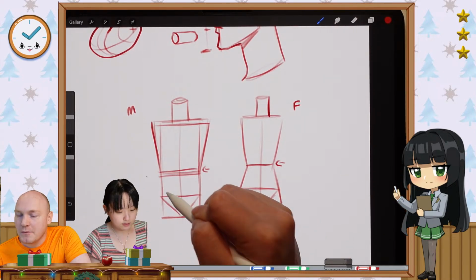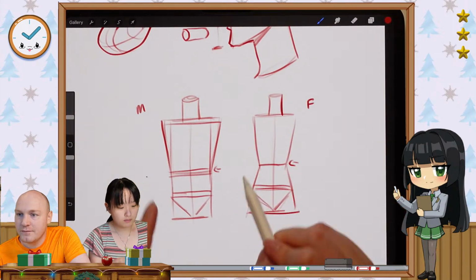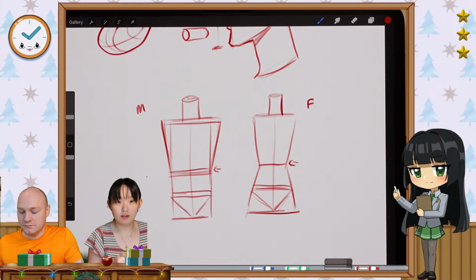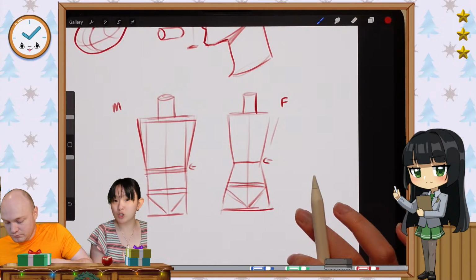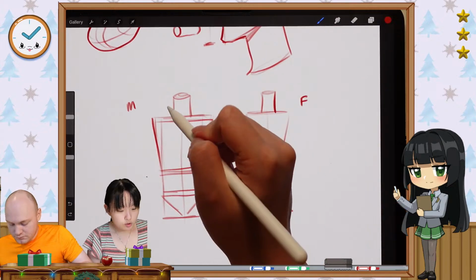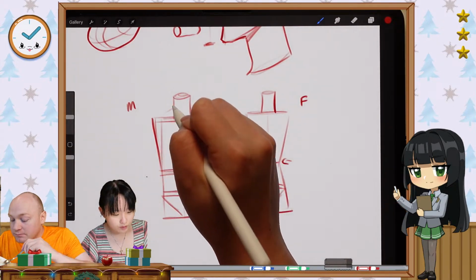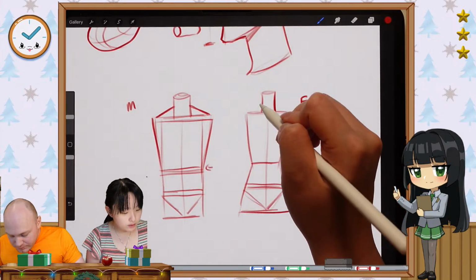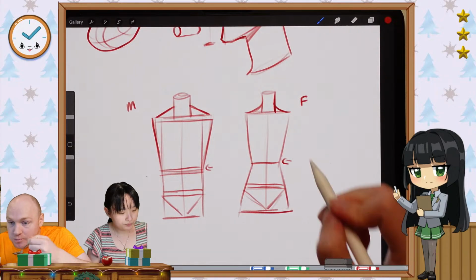Here's the pelvis. Here's the 3-finger gap. Key thing for guys is keep the upper body a lot wider than the pelvis, and for the girls, it's an hourglass shape. Generally, you can always change this up if you want. Trapezius, or the shoulder part, the slope around the neck, for guys, looks like an angle, like that. And for girls, it's more of a nice slippery slope. Makes it look more feminine, more graceful.